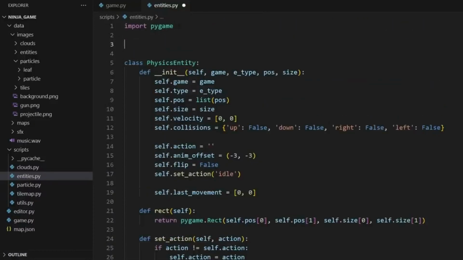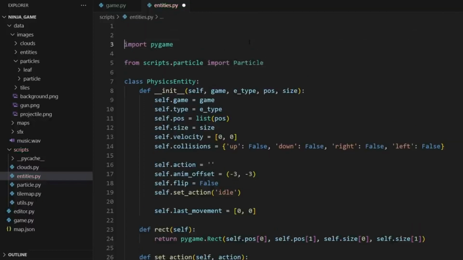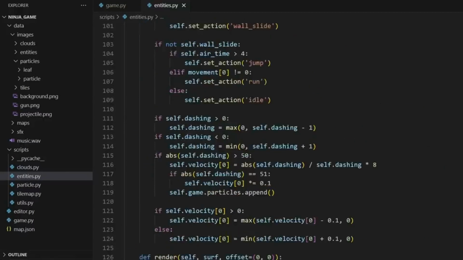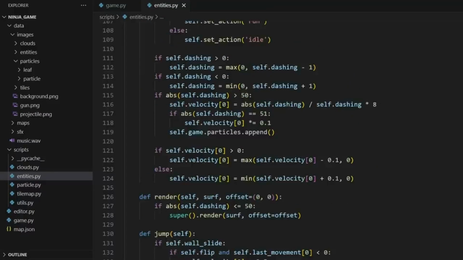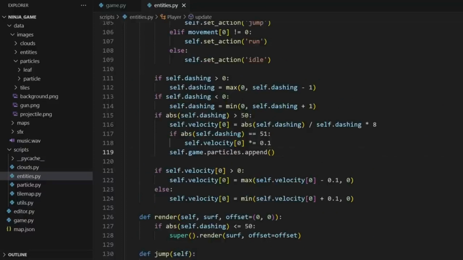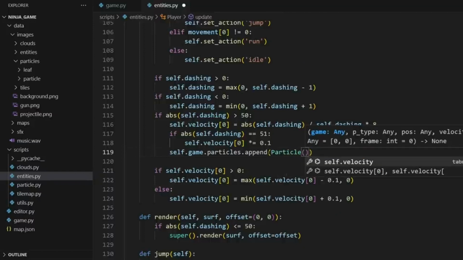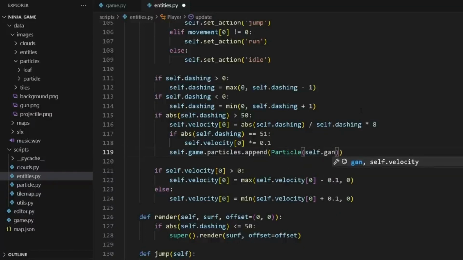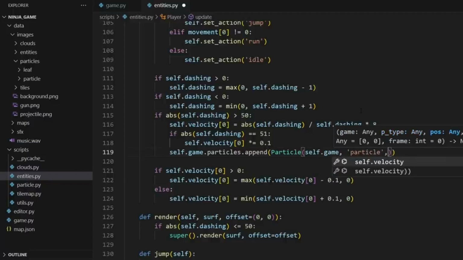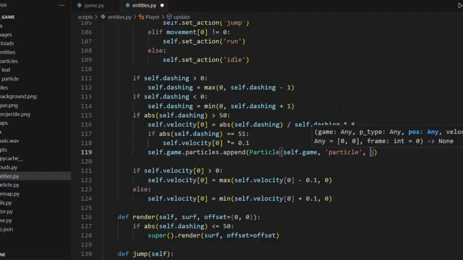So let's go up to the top, and we'll say from scripts.particle import Particle. And while we're at it, I'm also going to grab the math module because we're going to be doing some trigonometry here. All right, so let's go back now that we have our imports done. We can work on spawning our particles for this. So like I said, we want a stream of particles just as the player's dashing. So for this, we can do Particle, and then we'll pass in self.game, and we'll say it's a type particle, and we want to spawn it from